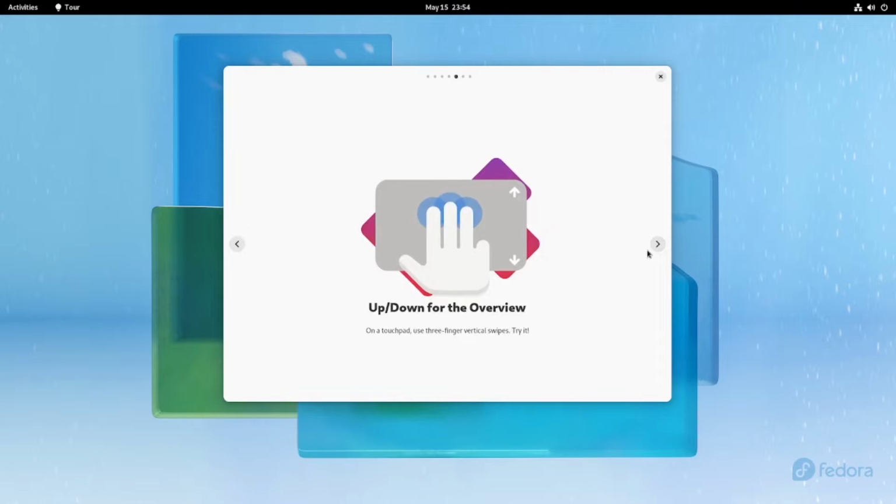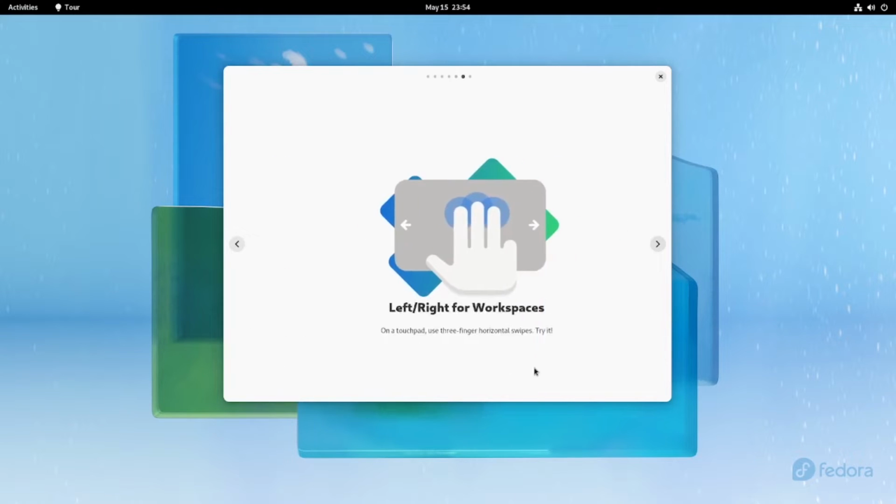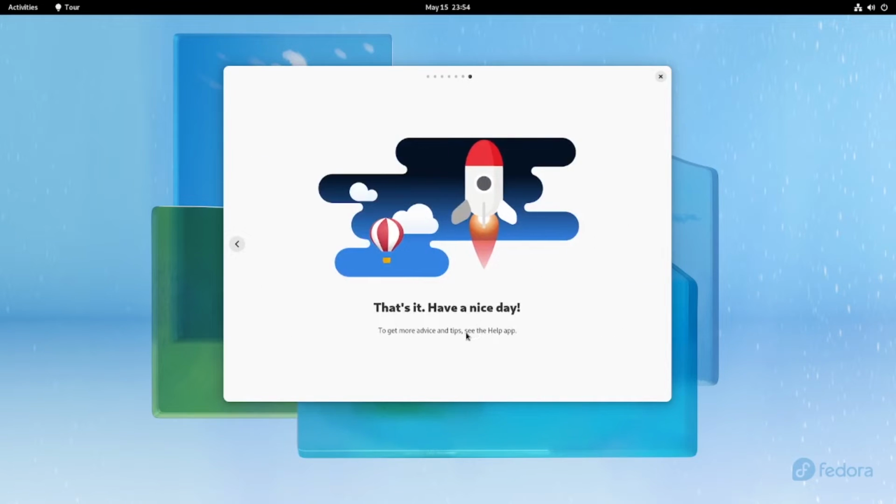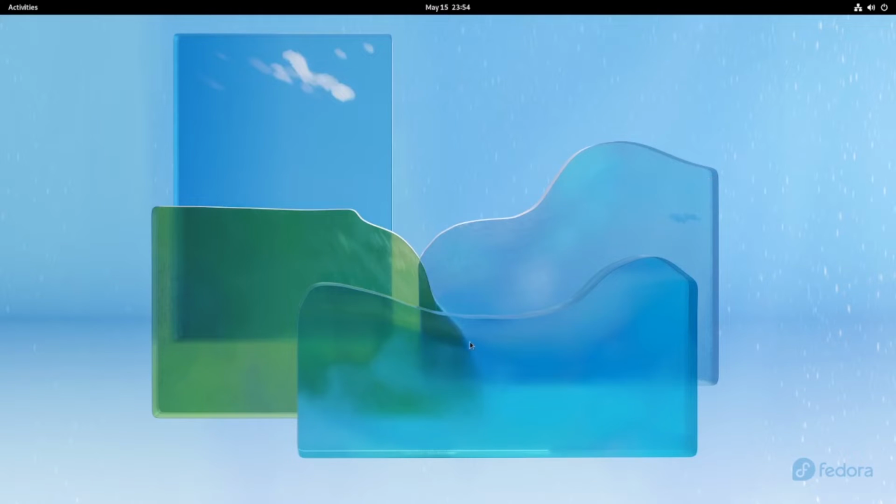And then swipe up or down for the overview. Because I'm using a desktop PC, I don't have a touchpad, so I cannot use this feature and this feature too. That's it. And then we can start to use the Fedora 36 workstation.